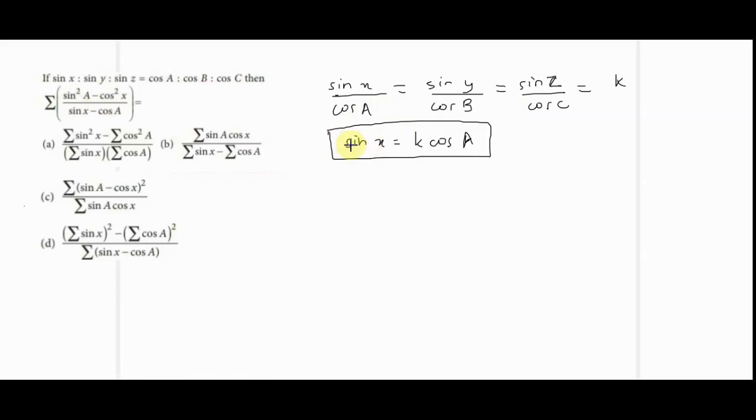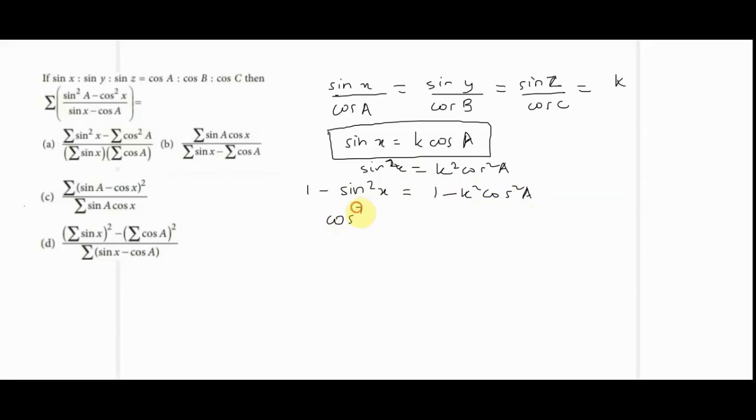So you see sin x here. How do we get cos x out of it? Yeah, we take 1 minus sin square x. So doing the same on the other side. Okay, first, this is actually done in two steps. It is sin square x equal to k square cos square a. Now we take 1 minus that on both sides. We have 1 minus k square cos square a.